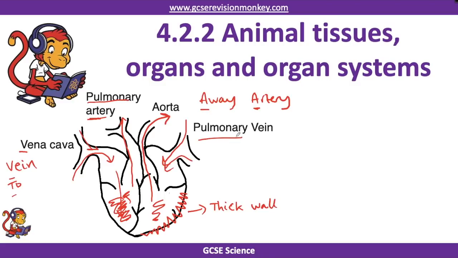So pulmonary because it's to do with the lungs, and vein because it's coming back to the heart. And then that will go into the left ventricle and out of the aorta again. So you'll see we've talked about two circuits. If this box is the heart, just put an H for the heart,